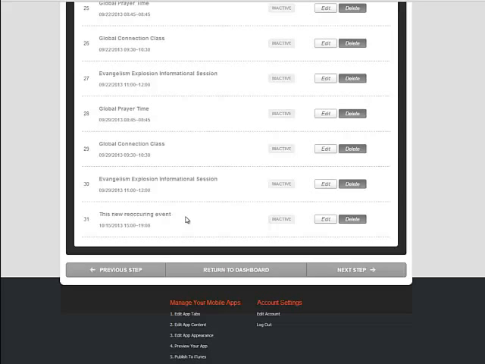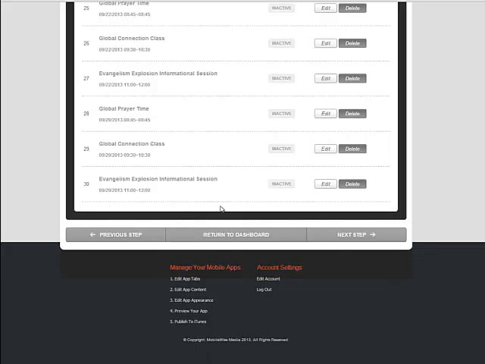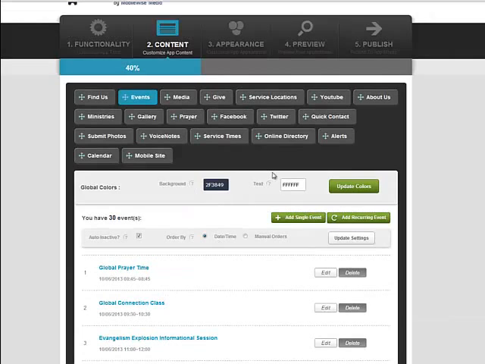So if it goes, as I mentioned, for a termed time for 6 weeks or whatever, you can keep it in there for 6 weeks. Once that event's over and you know it's going to be coming back at a later date, you just inactivate it, and once it's ready to go again, you pop back in, reactivate it, and change the information, and there you go. So go ahead and delete this, say OK, and that disappears, and we are done with a reoccurring